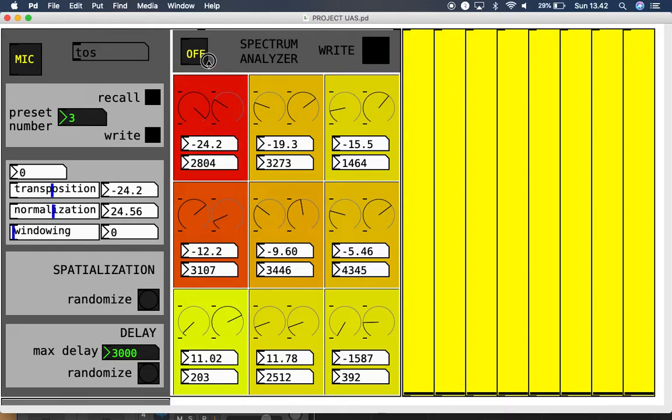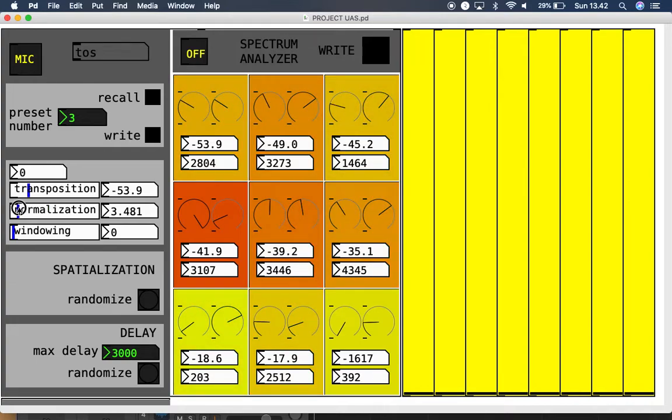If the volume is red, you should be aware, so you can turn the volume down using this normalization. This is for the global adjustment of the volume. You can also adjust the volume individually, like this, for whichever partial is too loud, and then after you listen to it, you can save that into your preset. And then